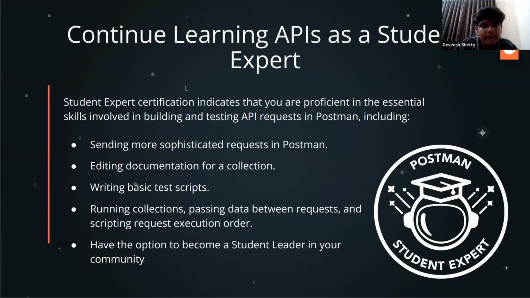Okay, so now you have learned the basics. It's just a basic one-on-one session. How can you continue to learn more? Postman gives you a very good platform where you can get more hands-on experience with APIs. They have something called the Postman Student Expert program, which I mentioned in my description. First there will be tutorials in which you follow the documentation and create the request.